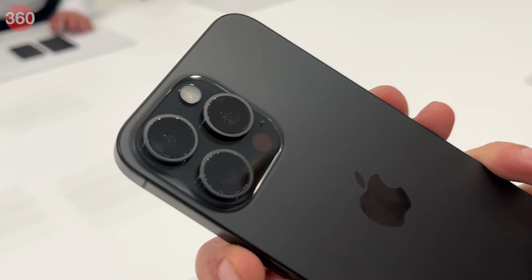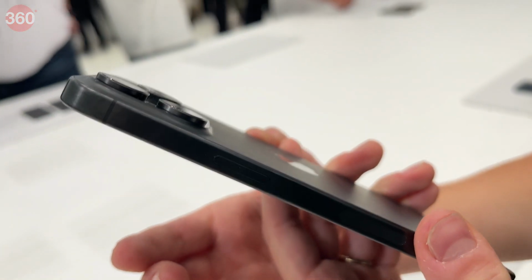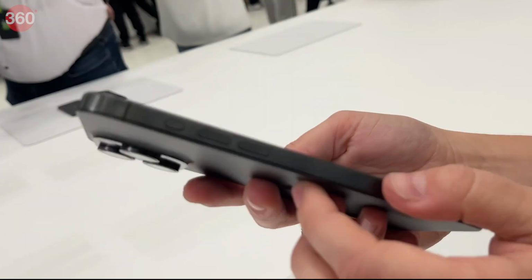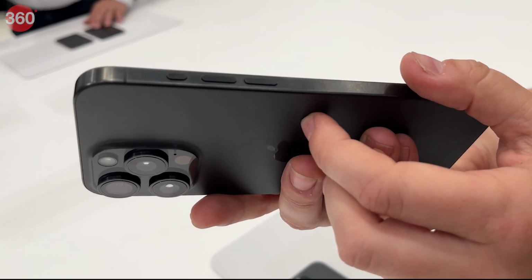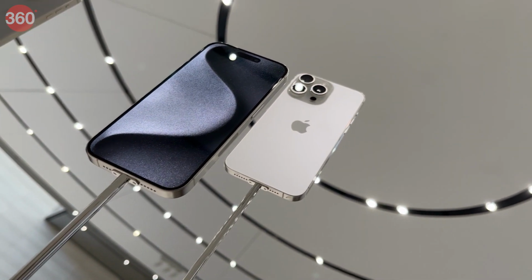Apple has announced their new iPhone 15 Pro and iPhone 15 Pro Max at the Wonderlust event in Cupertino. Here's our first look at these newly launched devices. So let's get started. The new iPhone 15 Pro lineup now comes in a titanium housing with 4 color options